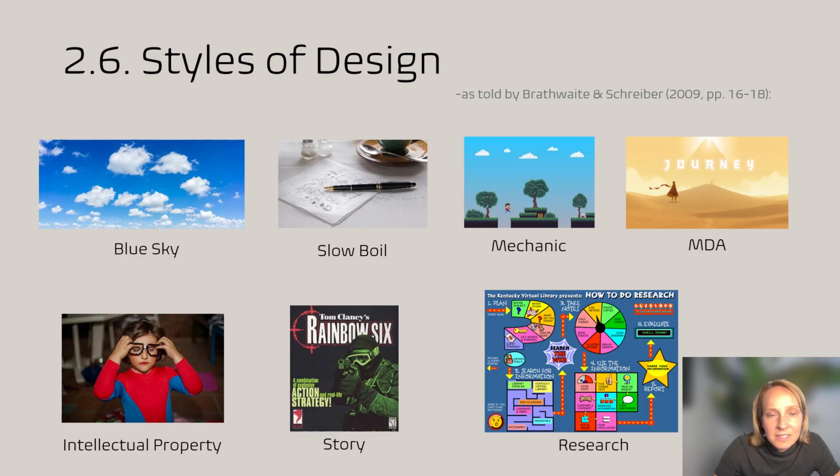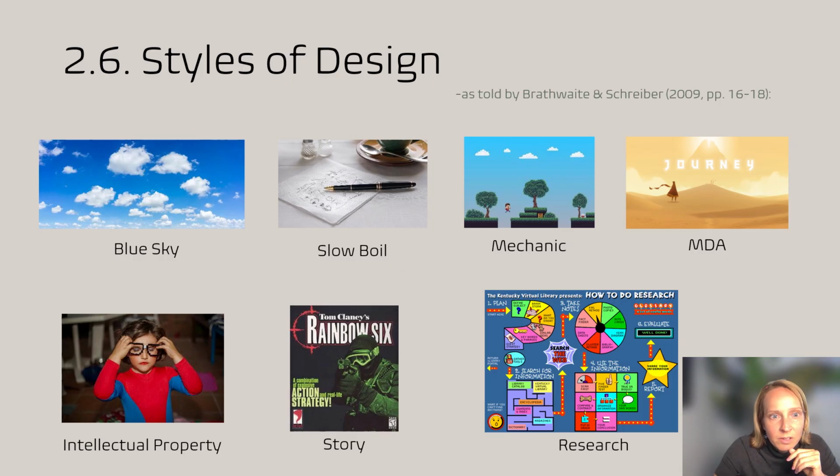Again, MDA is this process we're going to learn about next week, which is mechanics, dynamics, aesthetics, where you think about this emotional response and then you tweak the mechanics and the dynamics of a game in hopes that you will reach a certain affective response. Other ideas are intellectual property, which is building a game from pre-existing intellectual property. Like if you get on a Spider-Man project, the style that you use to design is going to be limited by what you know about Spider-Man, what you know about the studios, what they'll let you do with that character.